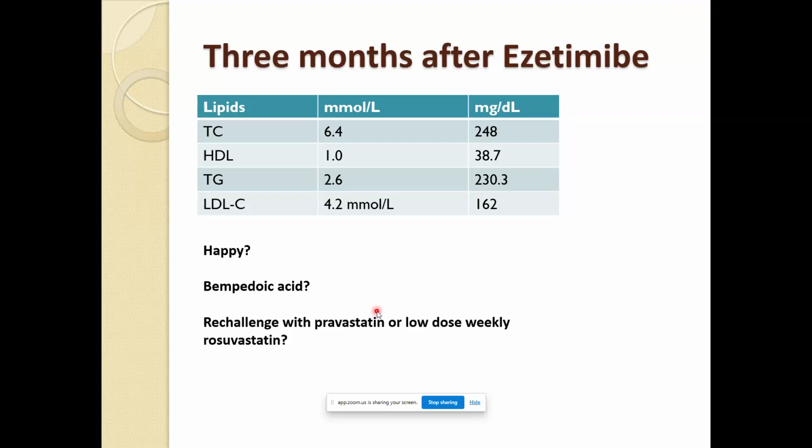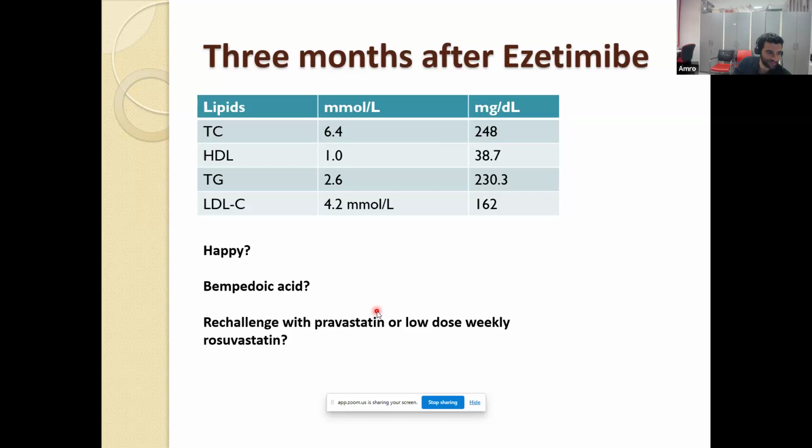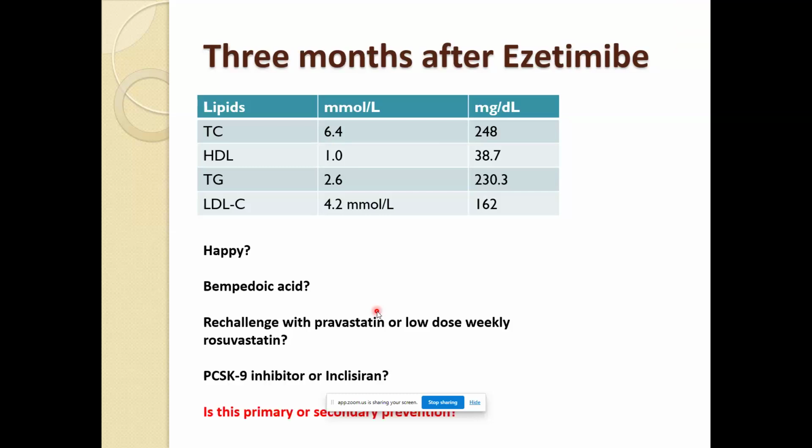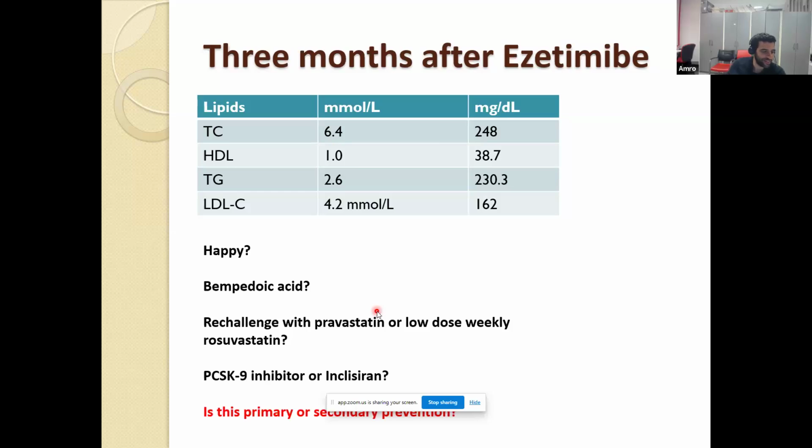So could we do the CAC scan for him? Absolutely, to measure the calcium in his arteries, the calcifications of the arteries. You're completely right. And the first thing I asked is, is this primary or secondary prevention? Because clinically, he's not had a heart attack. He doesn't have angina or peripheral vascular disease or a mini stroke. But